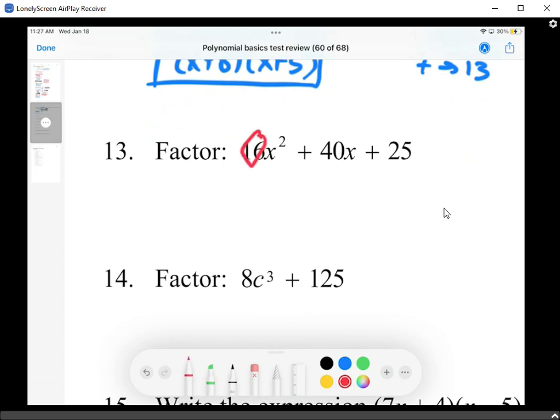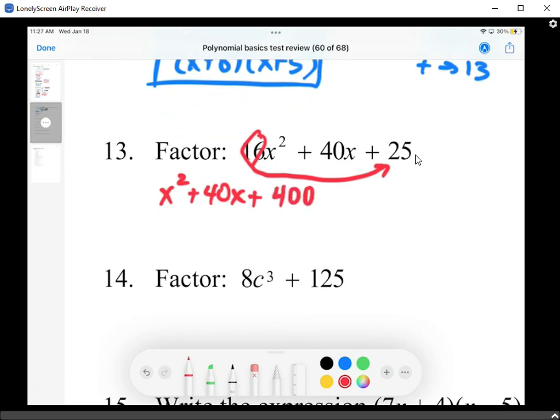Okay, I'm going to take my 16, send it down to the end. And really, the only reason I'm using slip and slide is because I look at these factors right here. I'm looking at the coefficients, 16 and 40 and 25. Unfortunately for us, there is not a single greatest common factor that we can divide from all three of those. We have to send the 16 to the end. We'll rewrite it, x squared plus 40x plus, and 16 times 25, got my calculator off to the side over here,